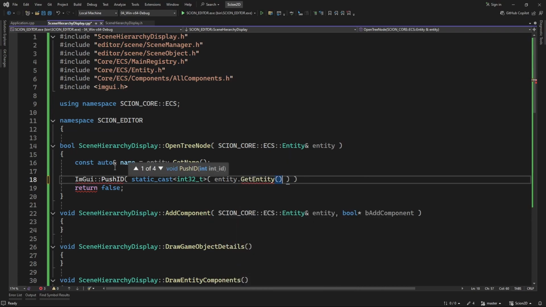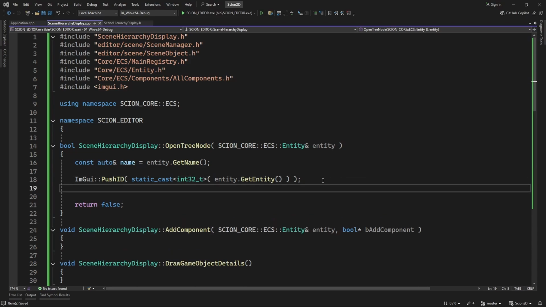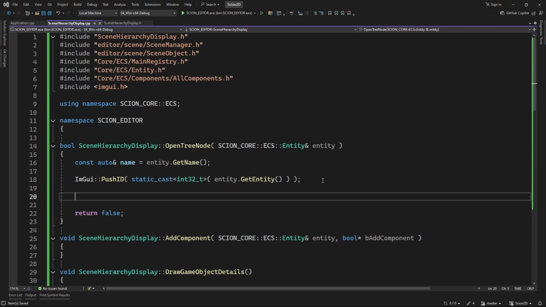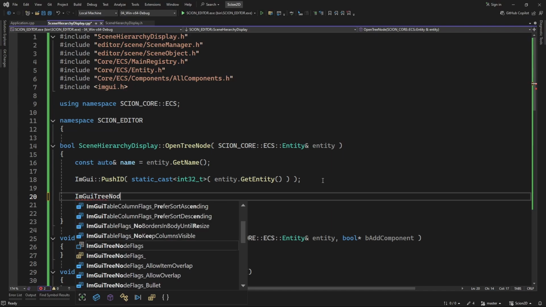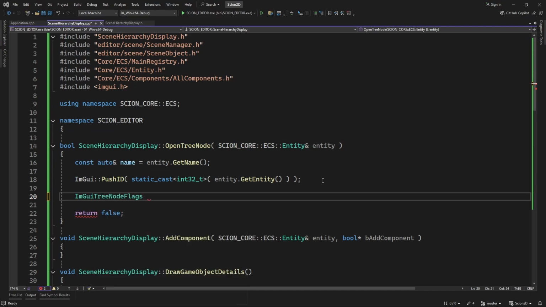Now the entity is actually underneath the entity is a uint32, but I haven't had a problem doing it this way. Now, if we have a problem doing that, we may have to adjust, but this is working for me now. I've never had that many entities where it would use all of int32. So now we can set the tree node flags that we want to use. We can set this as a constexpr value in our utilities, but we'll just put this in here for now. So I can say ImGui tree node flags, node flags